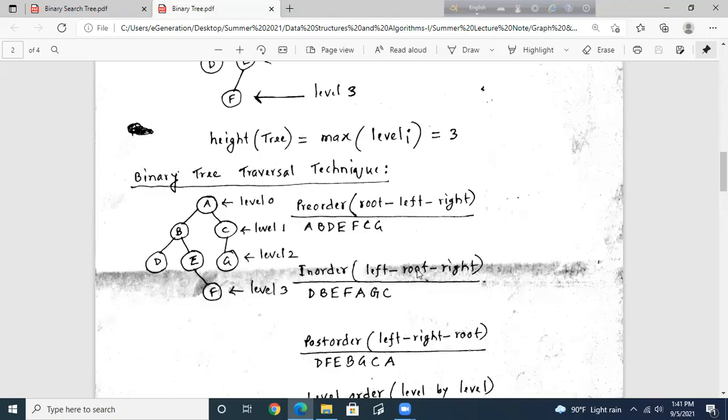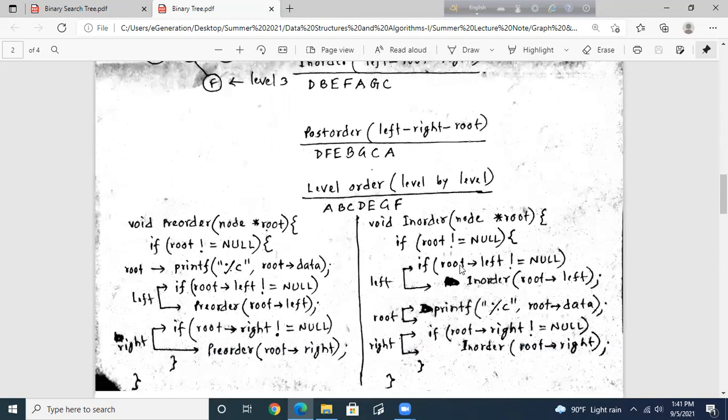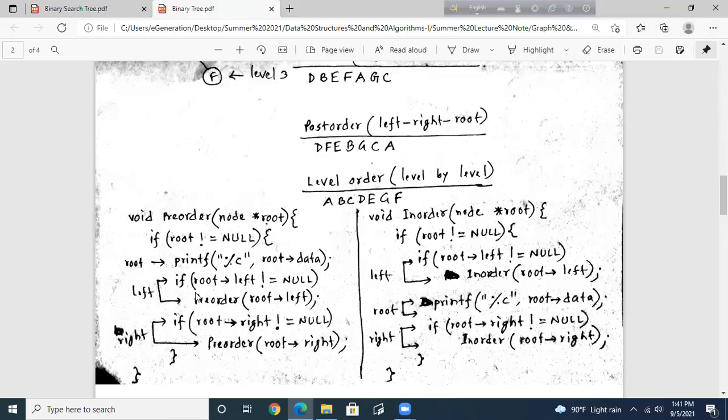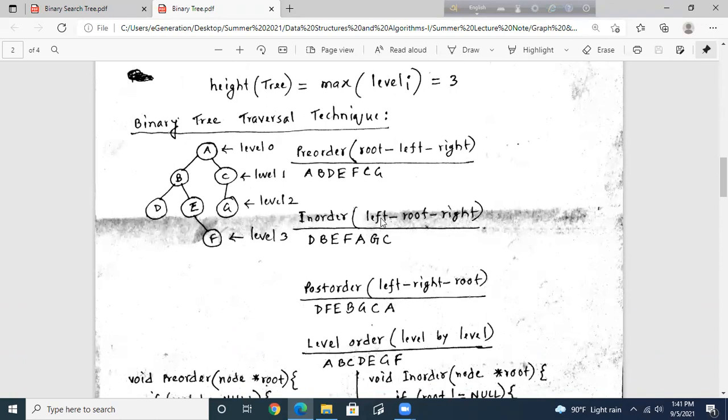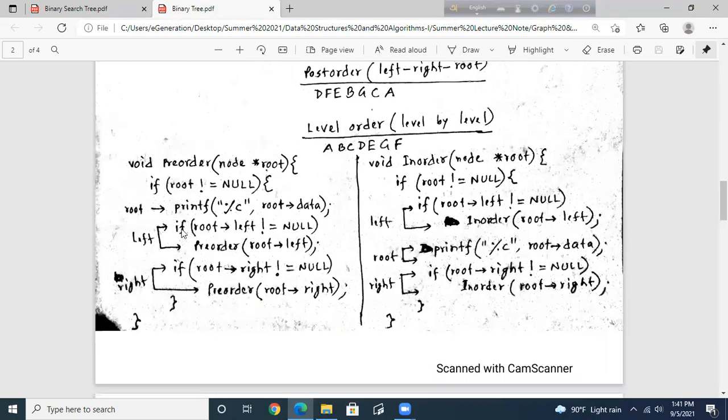লেফট, তারপরে রুট, তারপরে রাইট। জাস্ট এই কথাগুলোকে আমি অর্ডার চেঞ্জ করে লিখছি, কারণ ইন অর্ডারের ক্ষেত্রে লক্ষ্য করো সবার আগে করতে হবে লেফটকে, তারপরে রুটকে, তারপরে রাইটকে। ইন অর্ডারের ক্ষেত্রে আগে লেফটকে, তারপর রুটকে, তারপর রাইটকে।